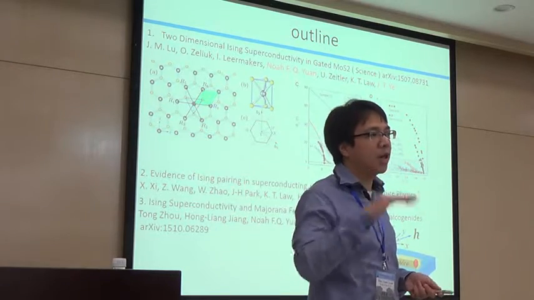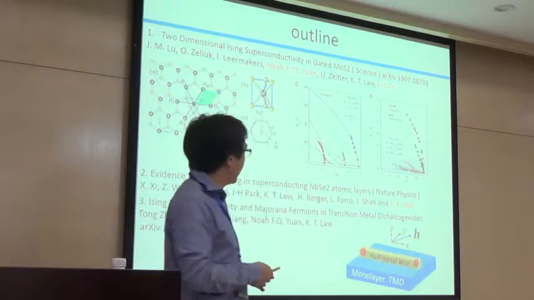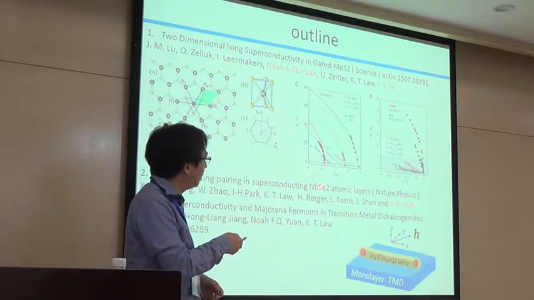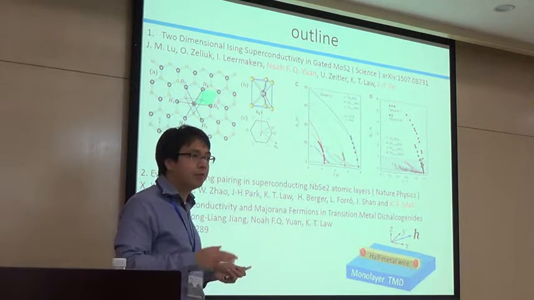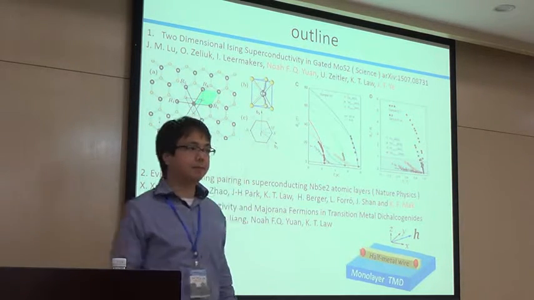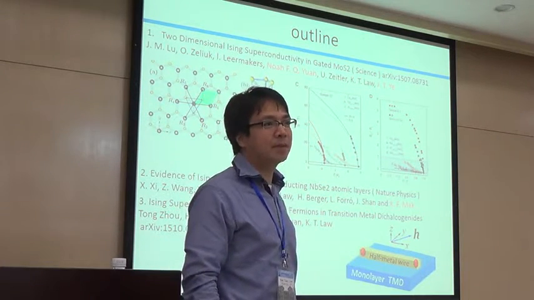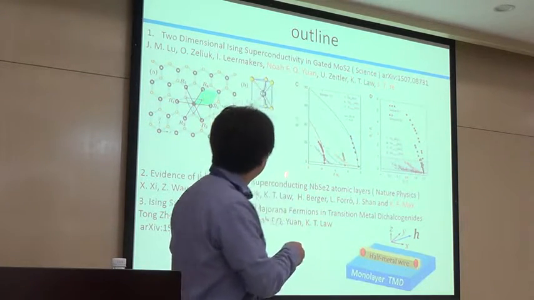But there are actually a whole class of materials like this, the whole class of transition metal dichalcogenides, the TMD materials. Another material, which is even more well studied, is niobium diselenide. And people realized that they have the same effect. So we proposed that